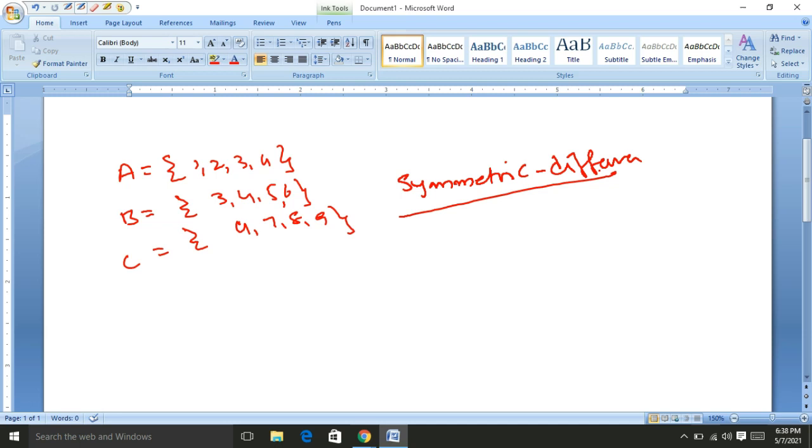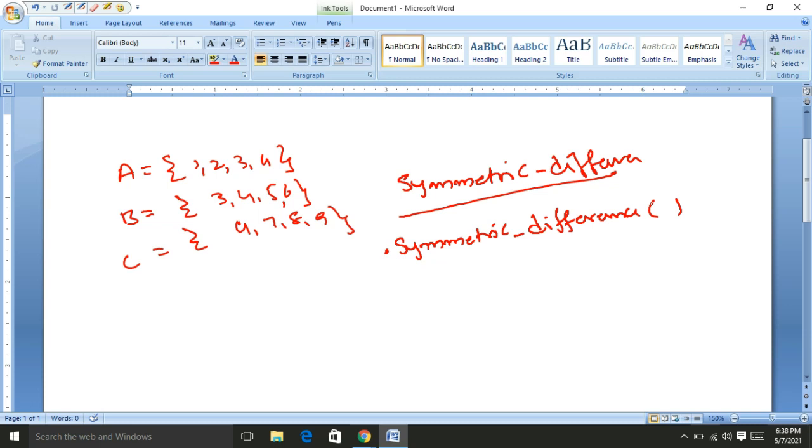To perform the symmetric difference, there is no operator. We use only the method, that is symmetric underscore difference. No operator, only the method.